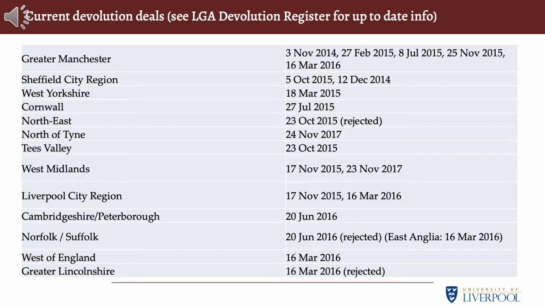Okay, next up we have the combined authorities and metro mayors. Now, it's important to remember, not all combined authorities have metro mayors, okay? But all metro mayors head up a combined authority. You can look at the different types of devolution deals that have been negotiated by clicking on the link in the slide notes. But I just want to show there's been a lot of them, and it's a constant process. And this is problematic for a range of reasons, because it means that each area has slightly different powers. So it's harder for the citizen to know exactly what their combined authority, their metro mayor, is responsible for.